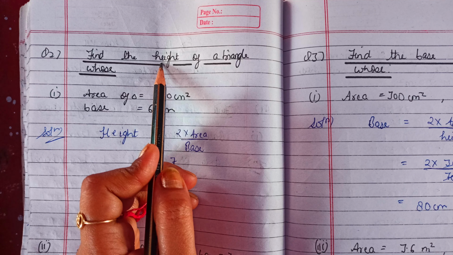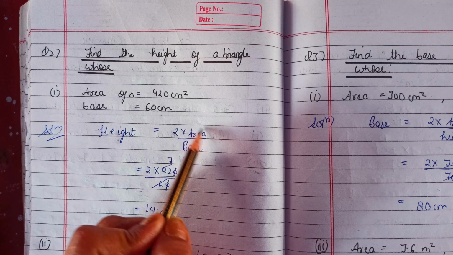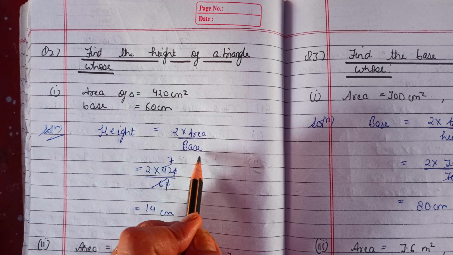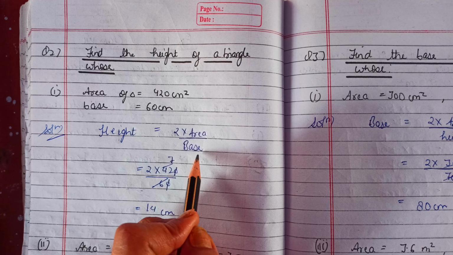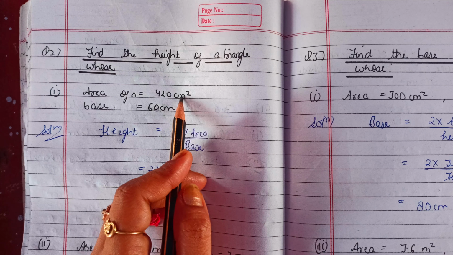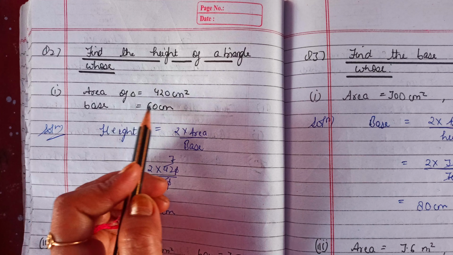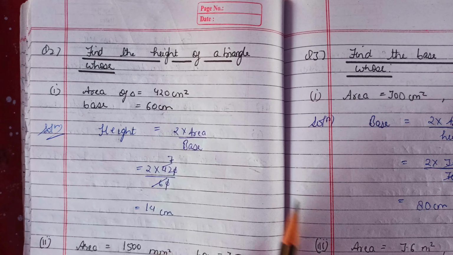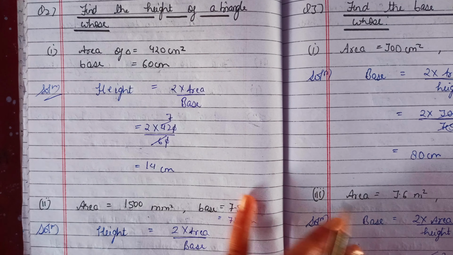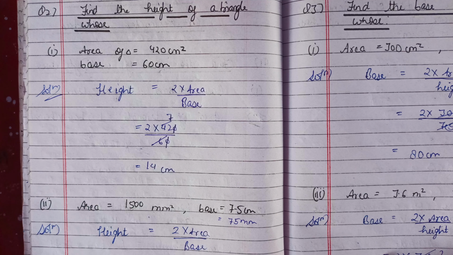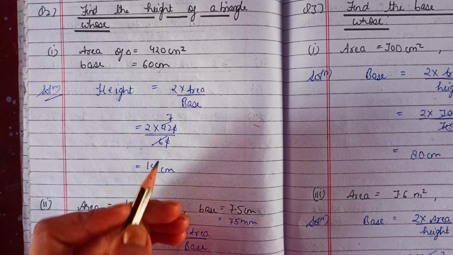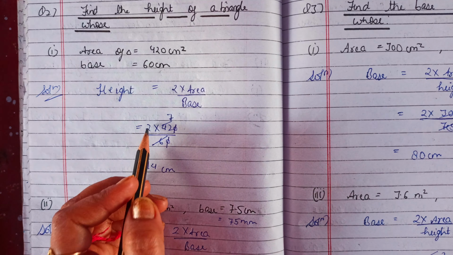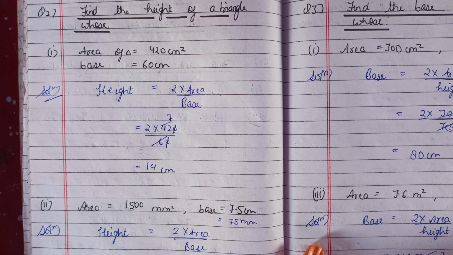We all know that area of a triangle is half base into height, so we have derived the formula for finding the height, that is 2 into area upon base. Now area is given in the question, base is given in the question. Make sure that the unit for both the things are same. Area of triangle is in centimeter whole square, base in centimeter. It means unit is same, so we will directly put the values. In place of area we have written 420, in place of base we have written 60. 0 0 cancel out. Now 6 and 42 I have cancelled out, it is coming 7. Now 2 into 7 it is coming 14 centimeter.